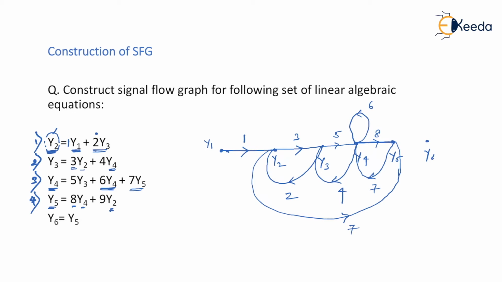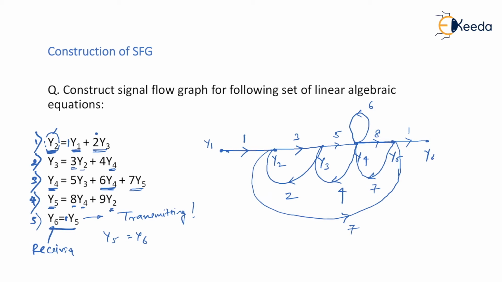So now only last equation is left, which says simply y6 equal to y5. So you cannot write y6 equal to y5 means y5 equal to y6. It is not same, right? Whatever written on left hand side, it is always receiving one. And whatever written on right hand side would be a transmitting one. So it would be like this, that there would be connection from y5 to y6 and not from y6 to y5, right? With gain equal to how much? It is 1. If nothing is written, you have to treat coefficient as 1.